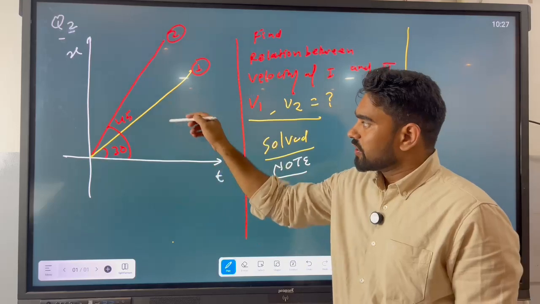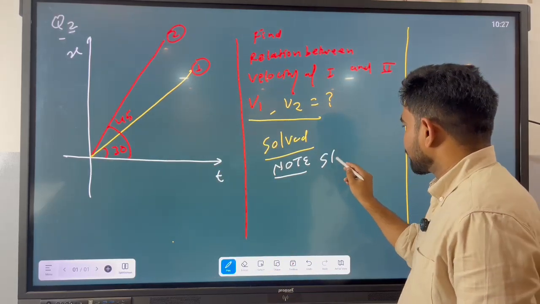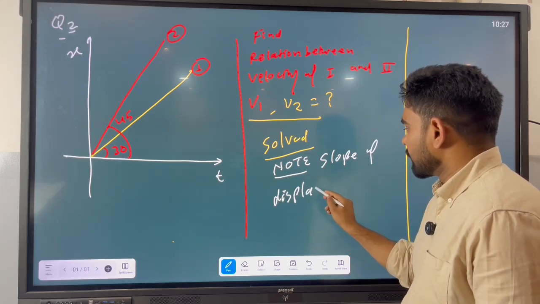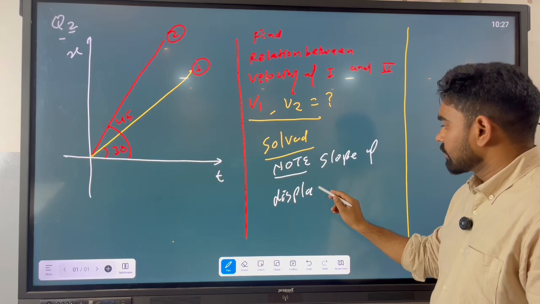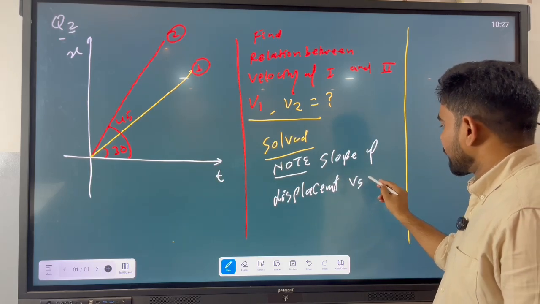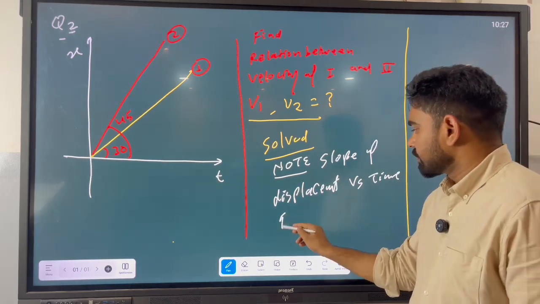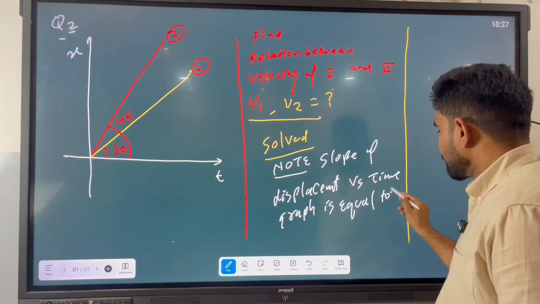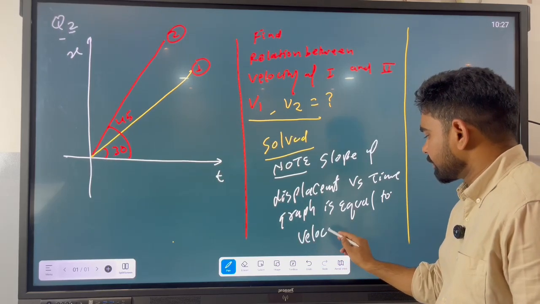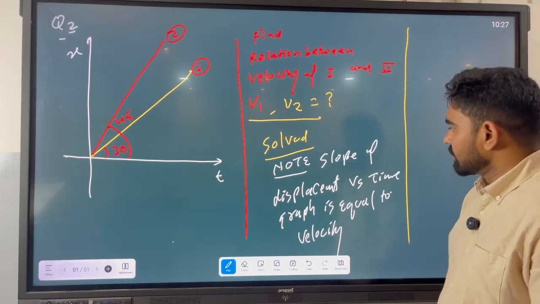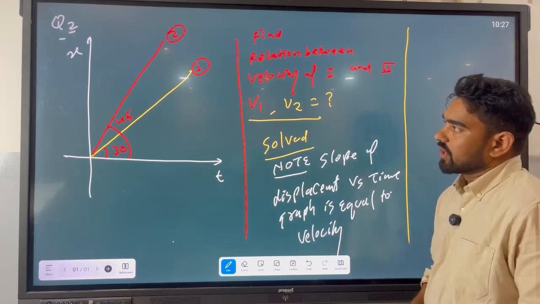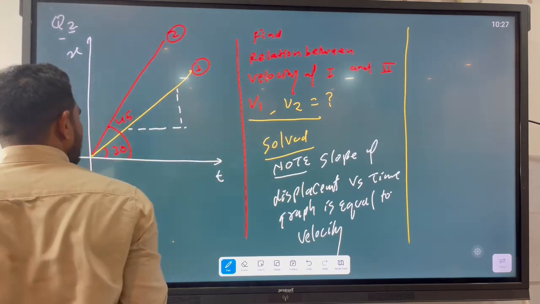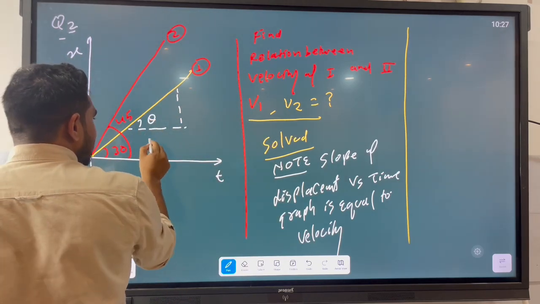Slope of the displacement versus time graph is equal to velocity, right? This slope represents the velocity of the object, because this is angle theta, this is delta t